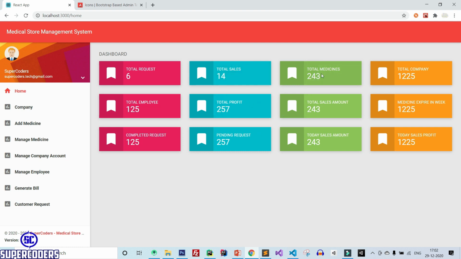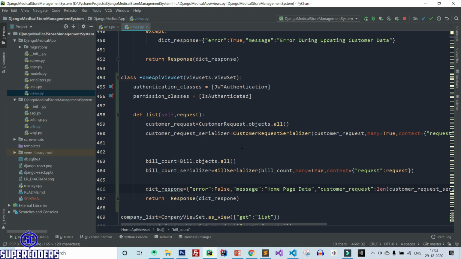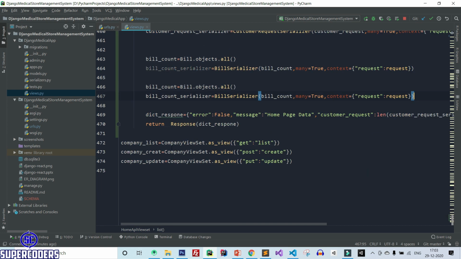Now let's work on the next, which is total medicine. Back to PyCharm, just copy it, and medicine count, and here medicine count serializer.